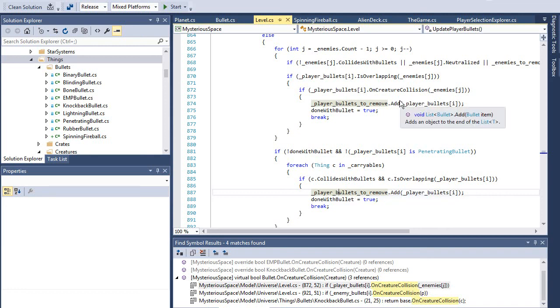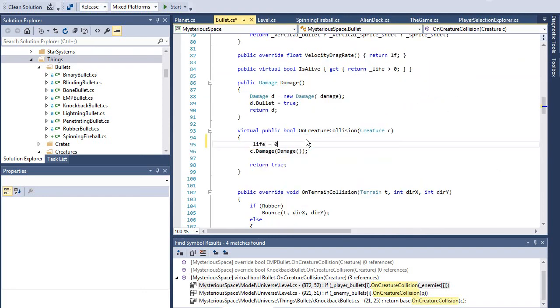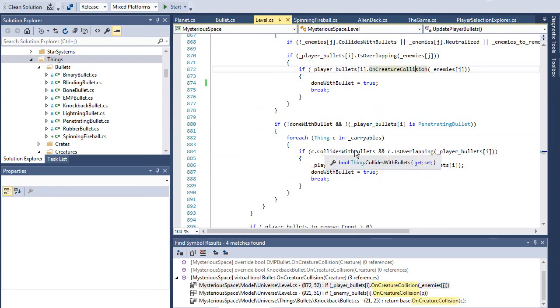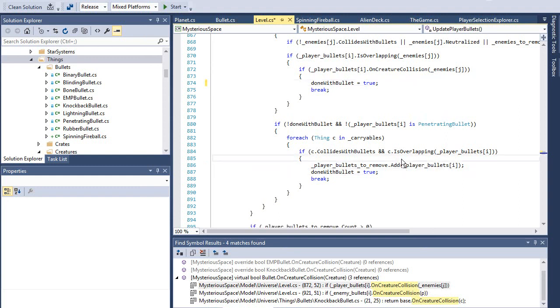Okay, let's... If on creature collision. If they're overlapping, then if on creature collision. Okay, so I think what should happen here is we should set life to equal 0. That's how we want to kill it. Then we're going to have... Let me think about this. Yeah, that's on creature collision. That's fine. And then we'll have on